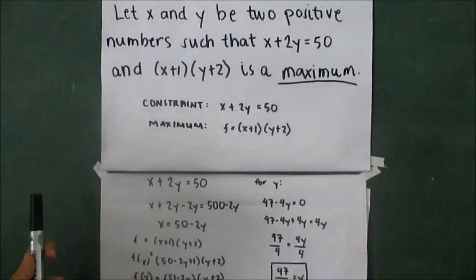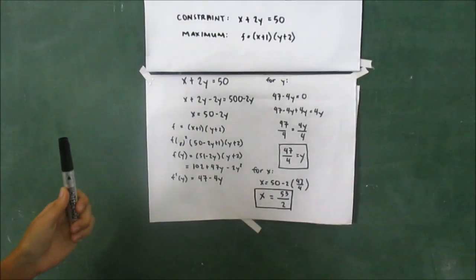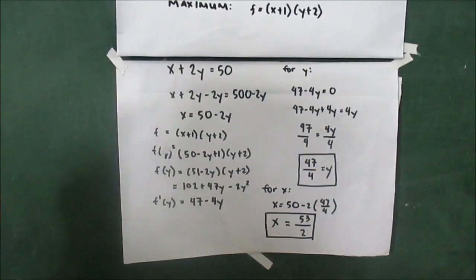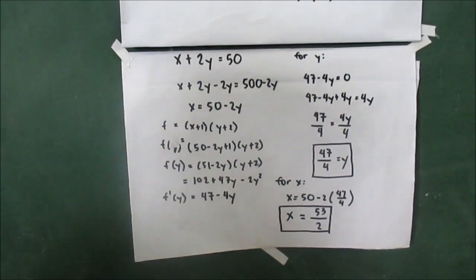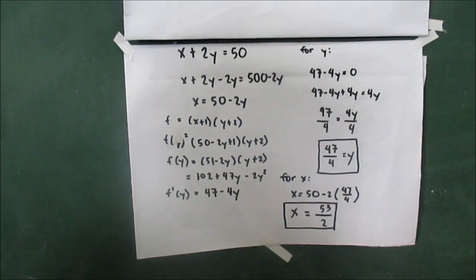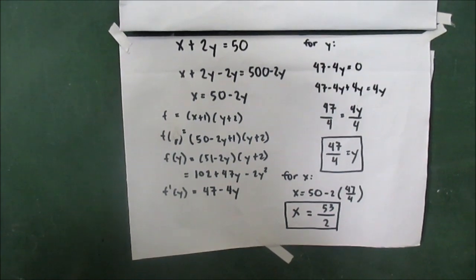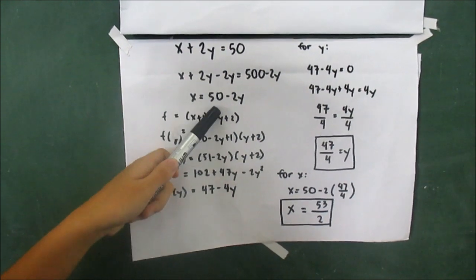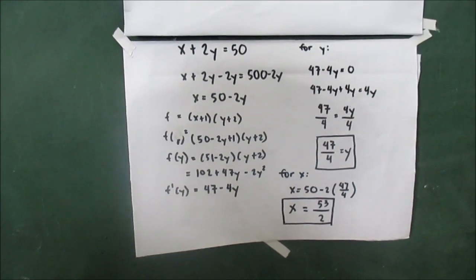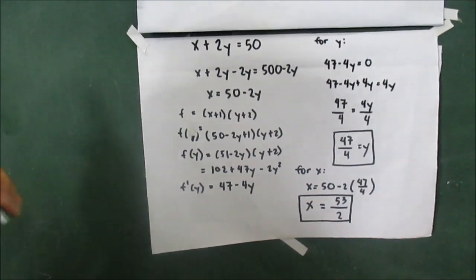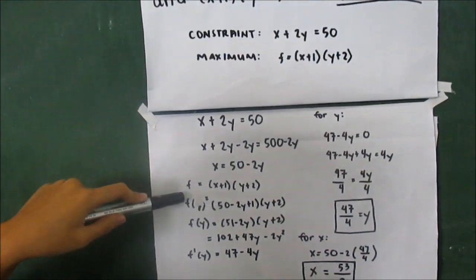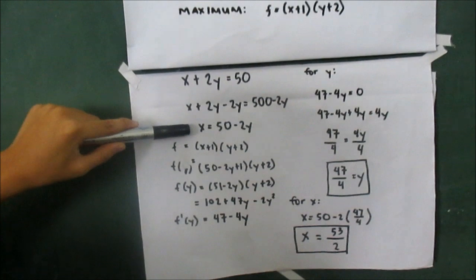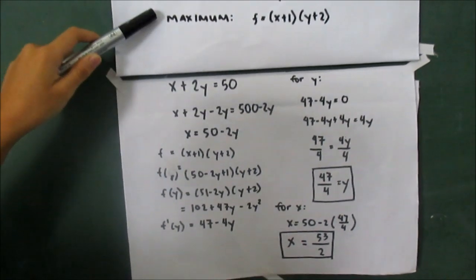And now to start, we will use the equation for the constraint to find the value of x. So x plus 2y is equal to 50. To get the value of x, we will subtract 2y from each side. So we are left with x is equal to 50 minus 2y. And now for the next step, we will use the maximum equation, then substitute the x from the constraint,